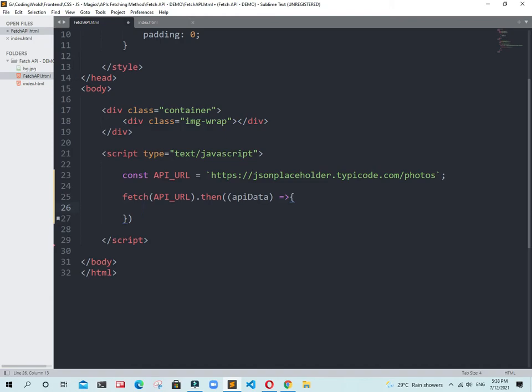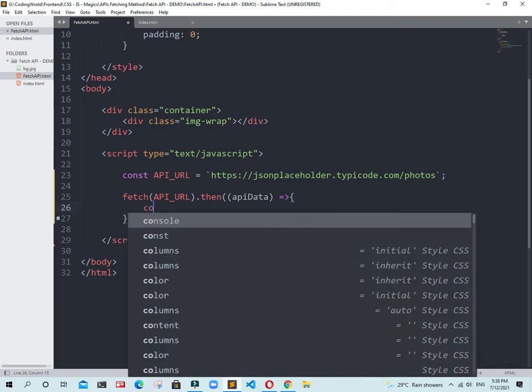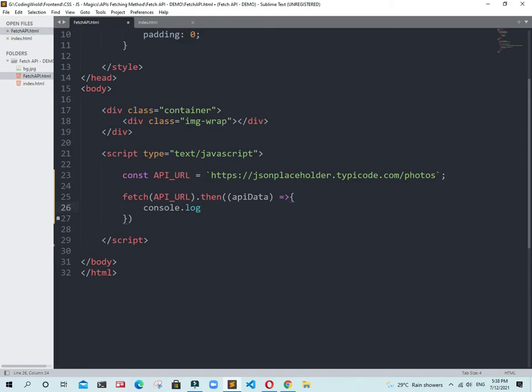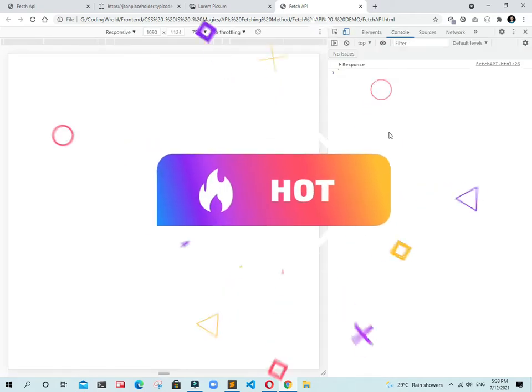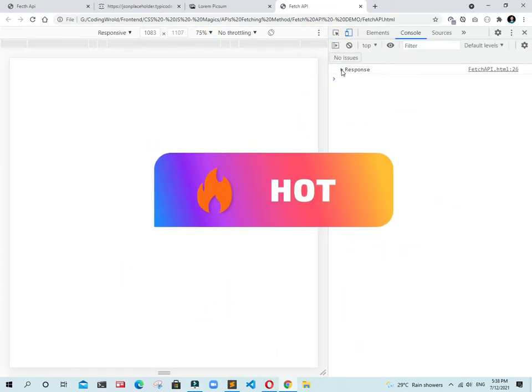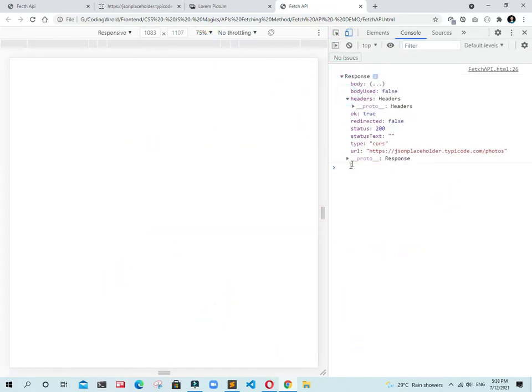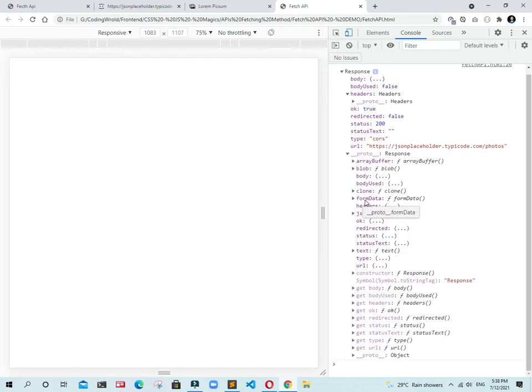Now if I show you something very cool, I console log this API data, go back to our website, open this in the browser, go to the console, and you see we have a response from the API.